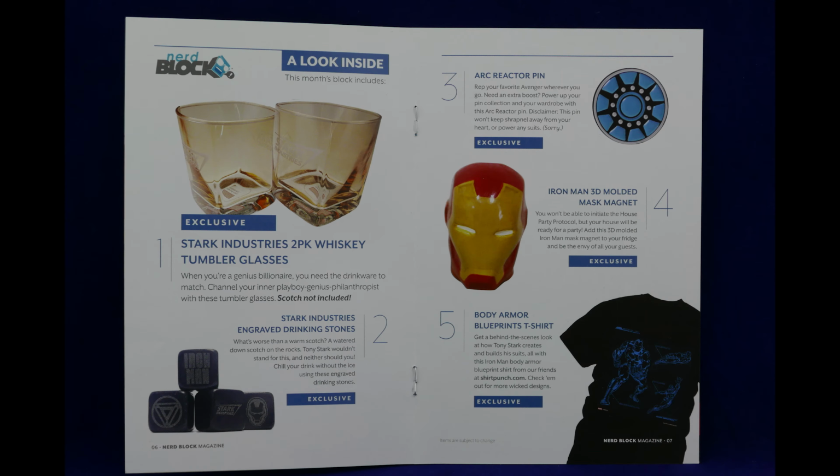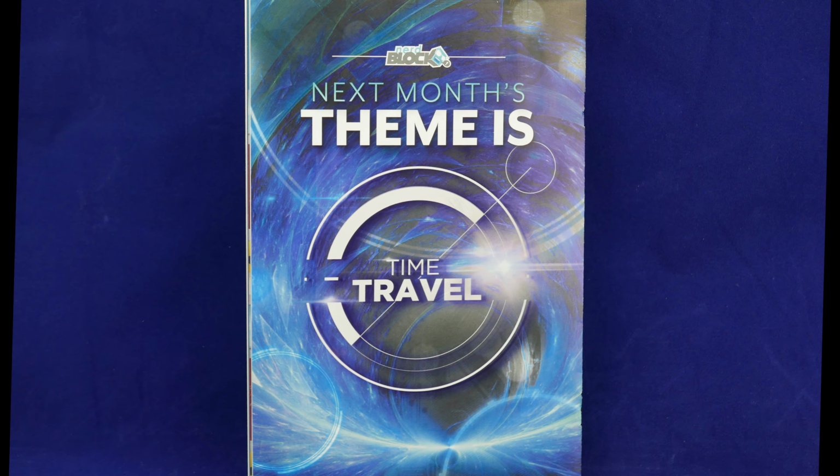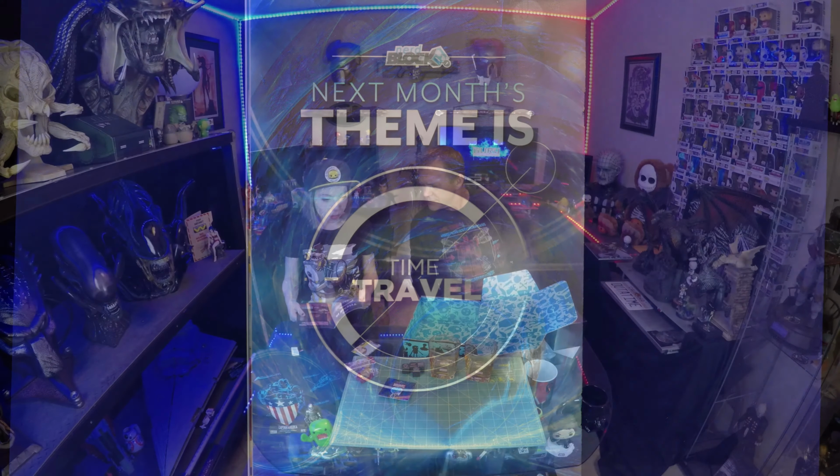This is a look inside. Cold Stones. Next month's theme is time travel. Which, I don't know. So it looks like they're kind of going back to more of a general theme. But who knows? Because it could be countless things from time travel movies all hodgepodge together, versus this was